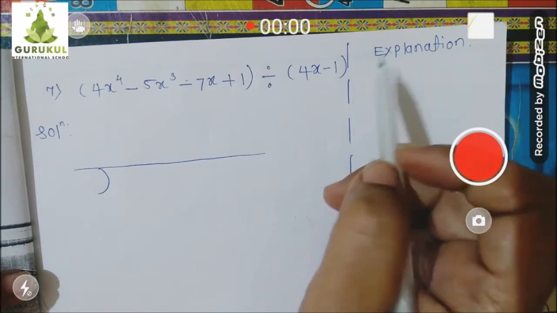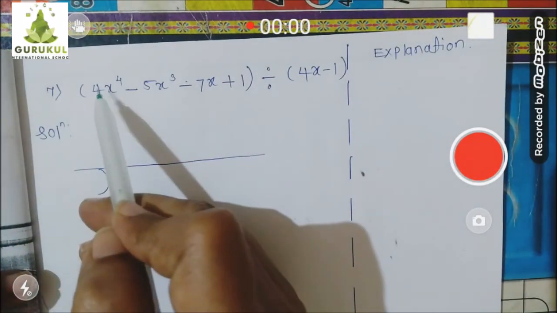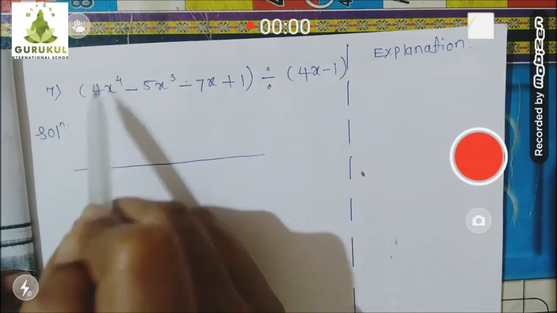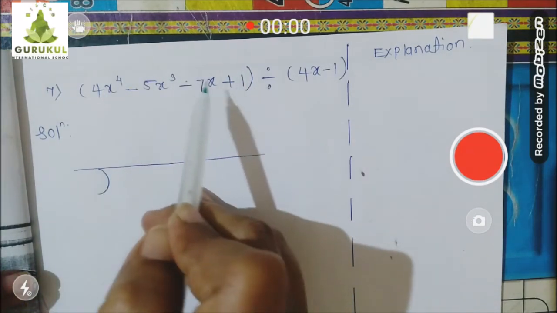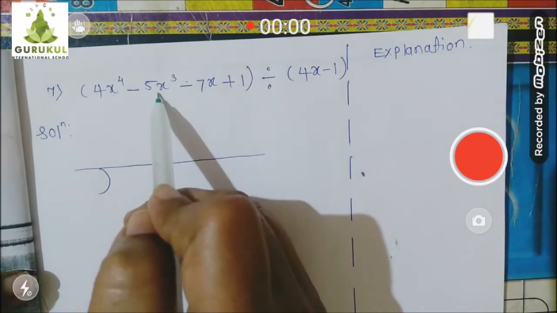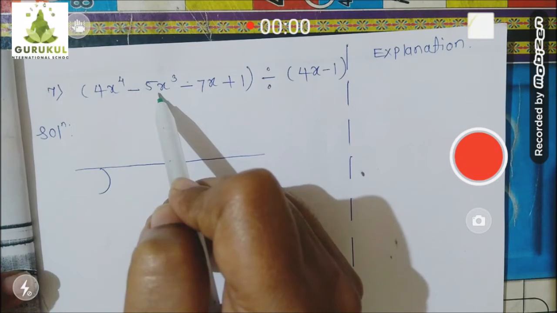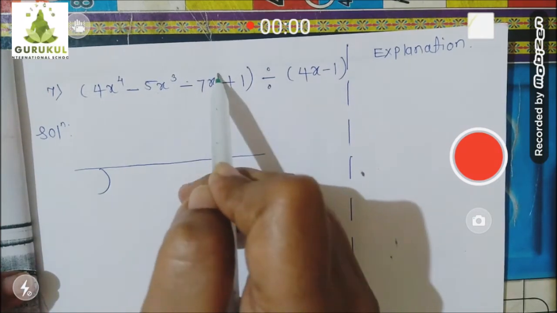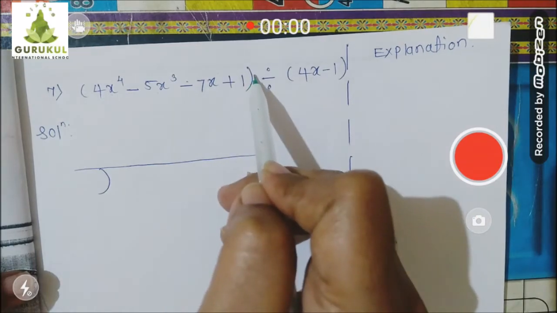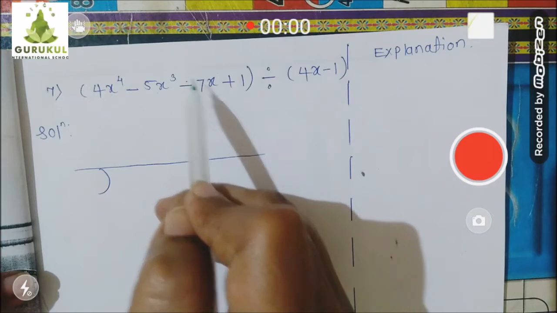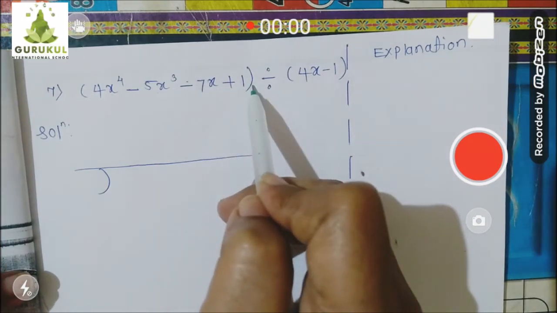Okay. Now, second thing. In the dividend, you have to find out whether any term is missing. If it is a missing term, you have to add it. As you can see, x raised to 4 term is there, x raised to 3 term is there, x square term is missing because after x raised to 3, directly x raised to 1 came and x raised to 0 is there. It means 4, 3, 2 term missing, x raised to 2 missing, x raised to 1 and x raised to 0 is present.